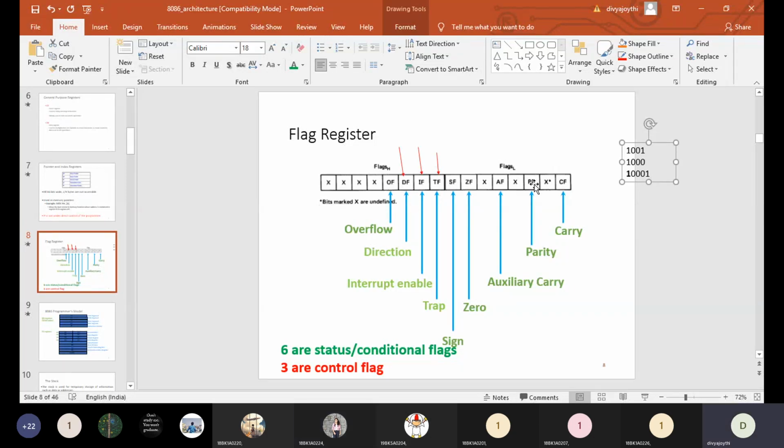And now next is the auxiliary carry flag. See here, I'll take one more example so that you will have clarity. Same example. The auxiliary carry flag will set when there is a generation of carry from one hexadecimal system to another hexadecimal system. Previously I added 4 bits, so now I'm adding 16. Are you able to follow me?